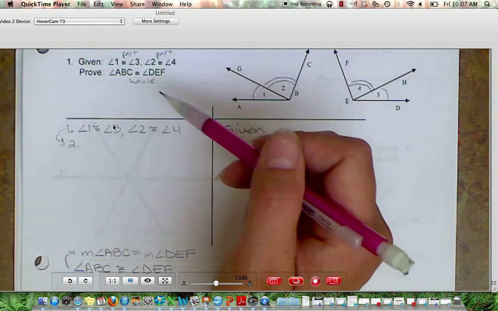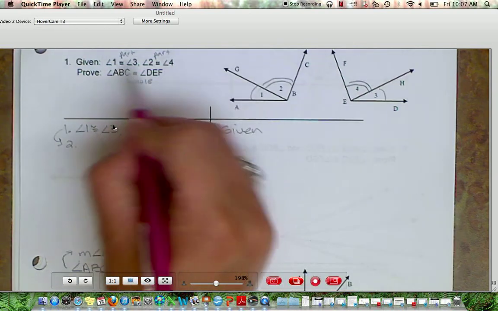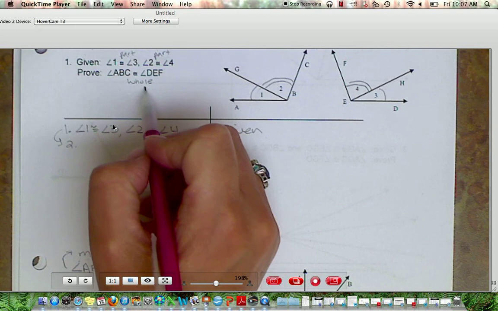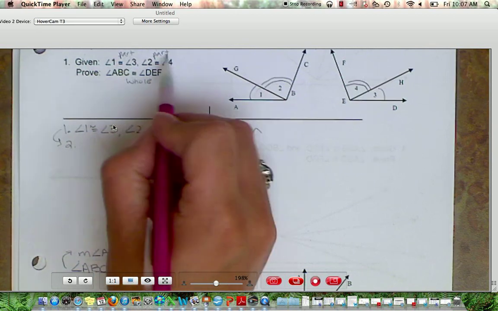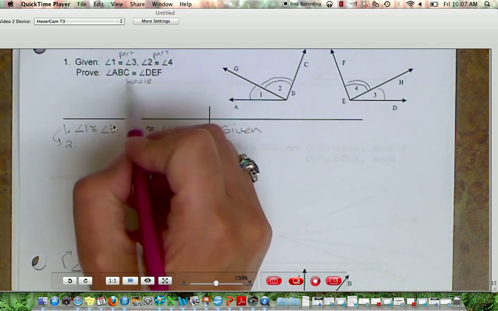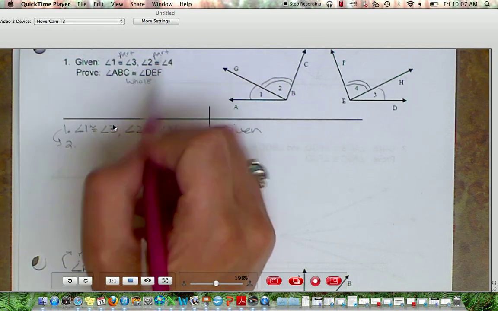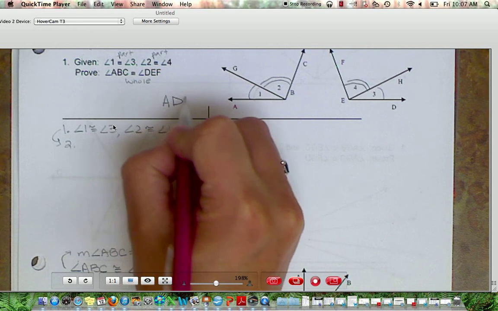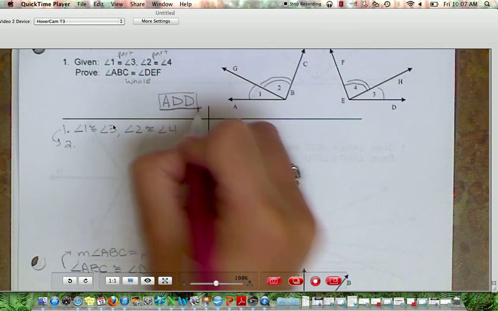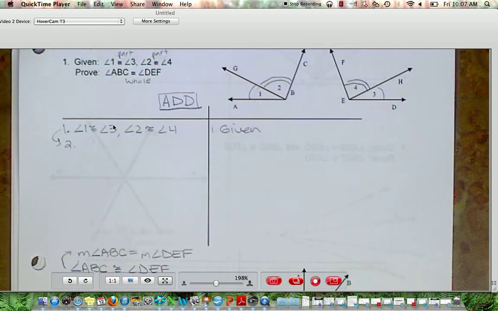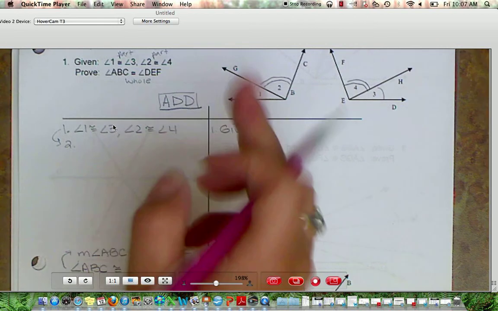So what I want you to think about, if we have these two parts and we're trying to get to the whole, are we going to add the two parts or subtract them to get to the whole? And what the answer is, we would need to add the two parts to get to the whole. So this is an addition proof. Okay? So if we want to add them,